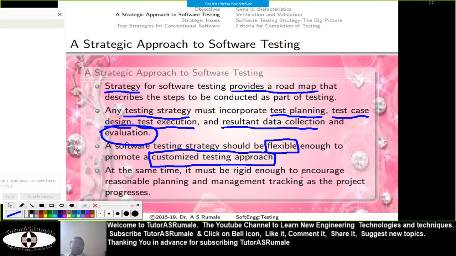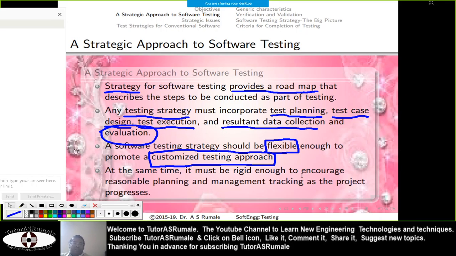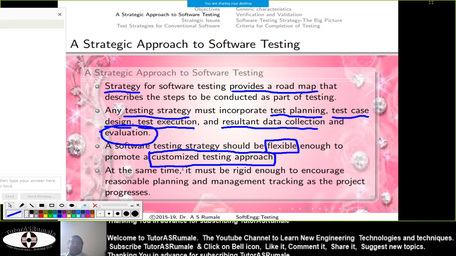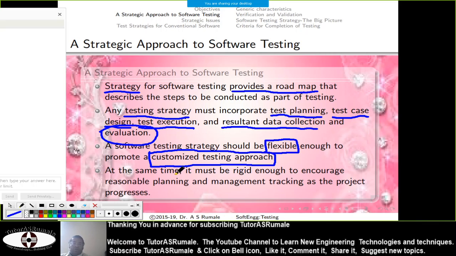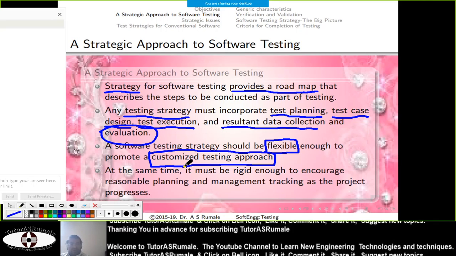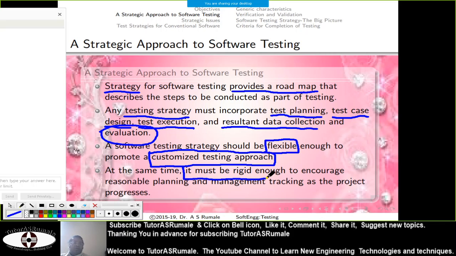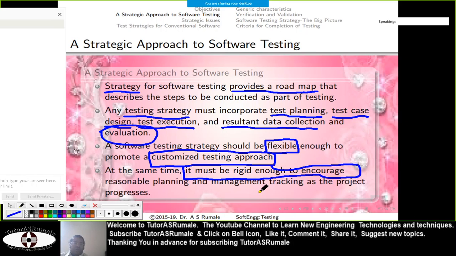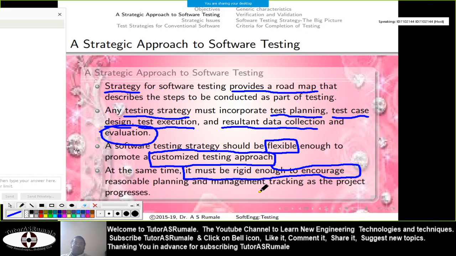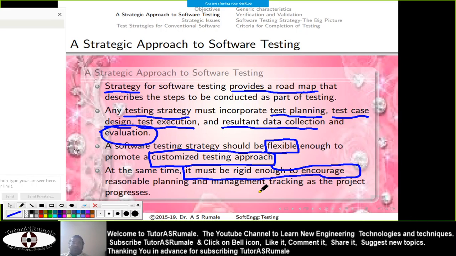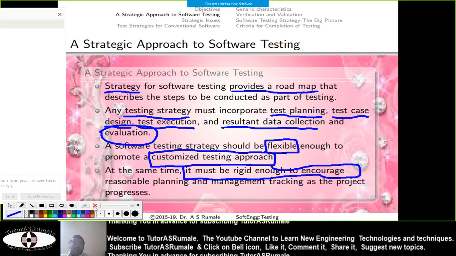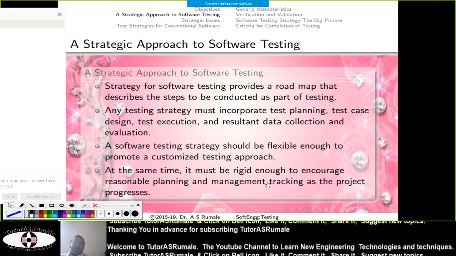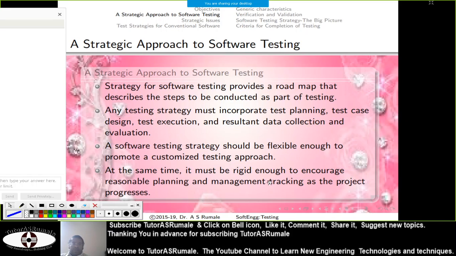Too much flexibility is of no use, too much rigidity is of no use. So you have to balance this and find the golden ratio. For example, the timetable is fixed, so it must be rigid enough, and flexible enough. So these are the approaches for the testing strategy.